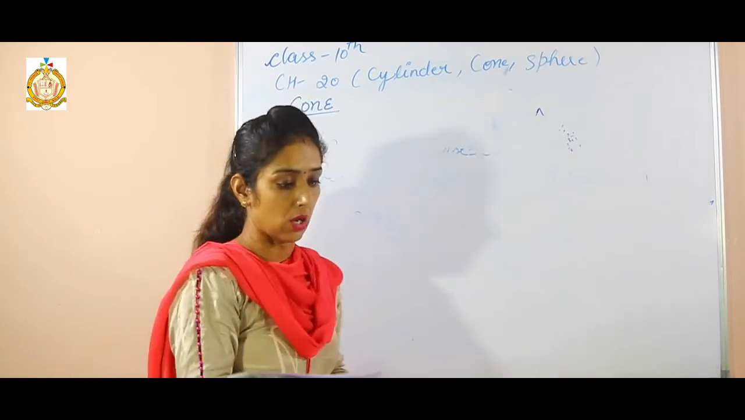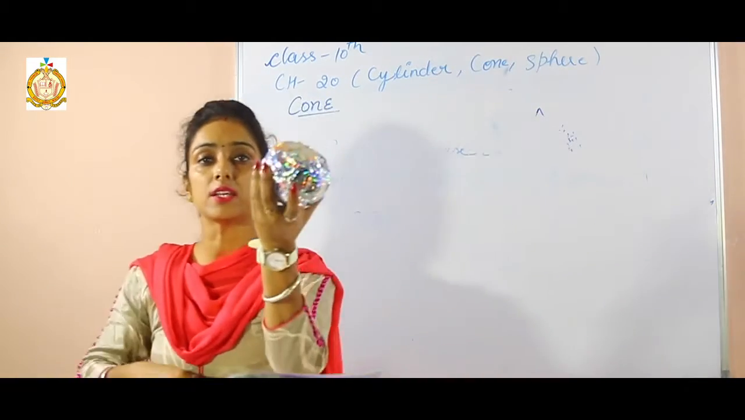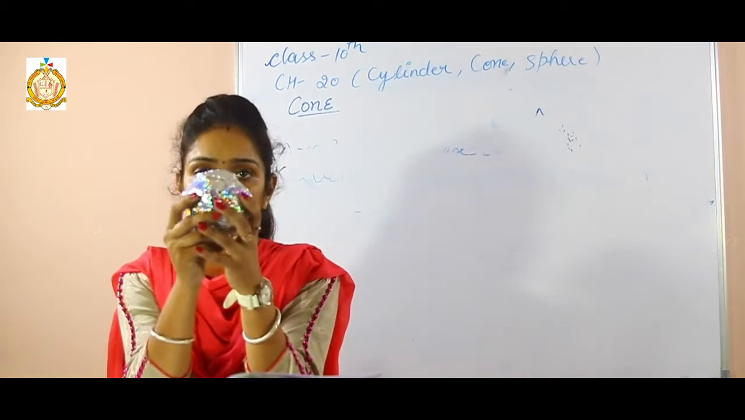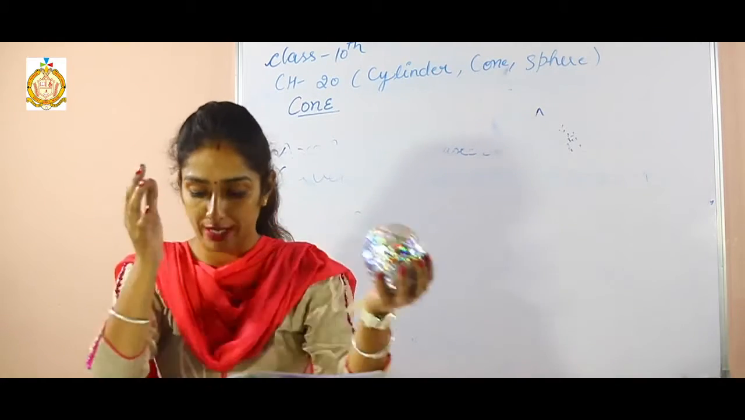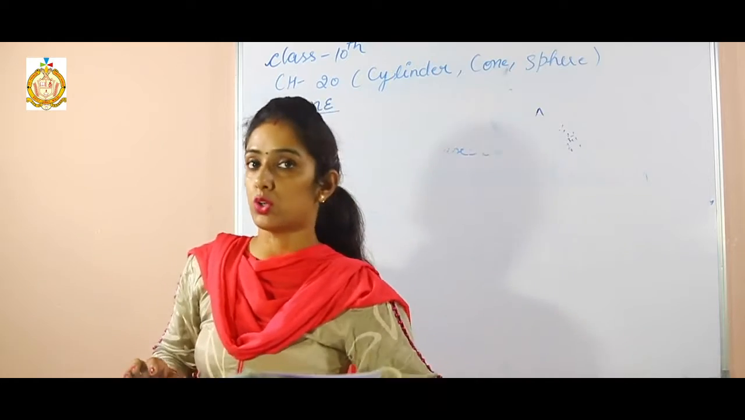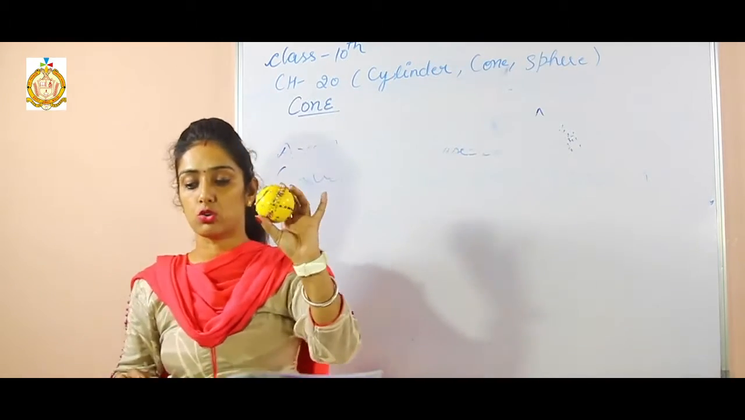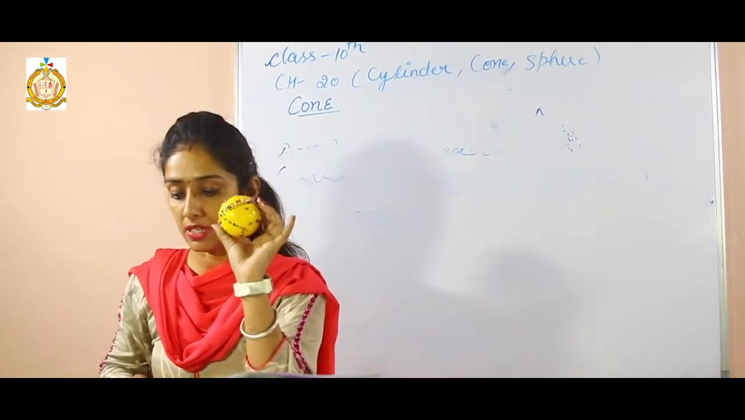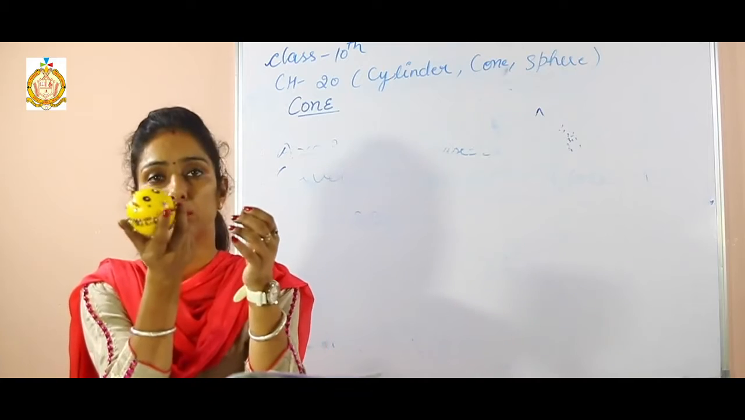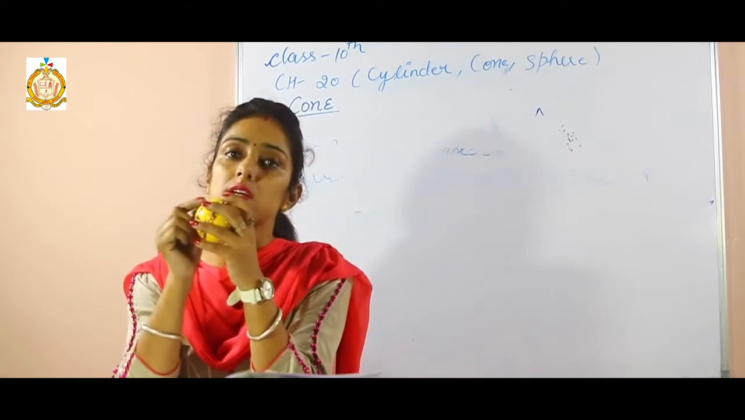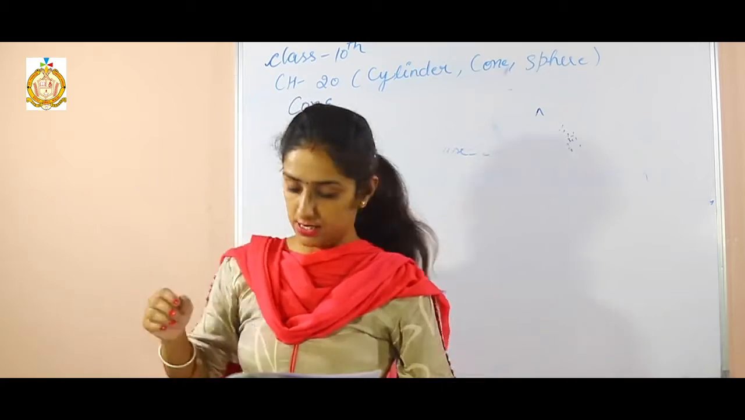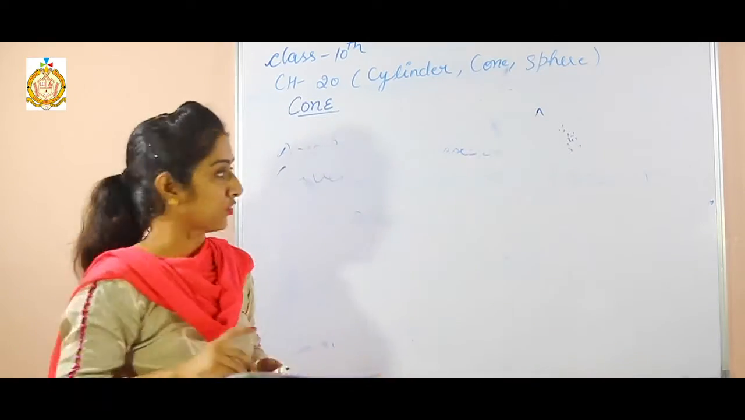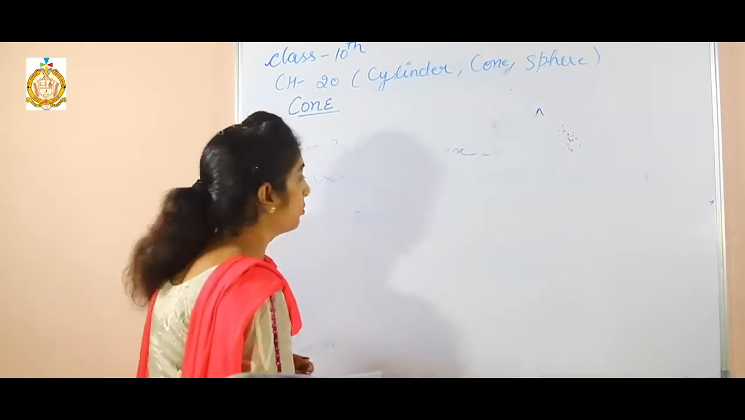Sphere. Now, see, the sphere is round in shape. Sphere is what? Sphere is round in shape. You can say that any round object shaped like a ball, you can say it is a sphere. So a sphere has a radius. So there are some formulas related to the sphere. So the first formula is